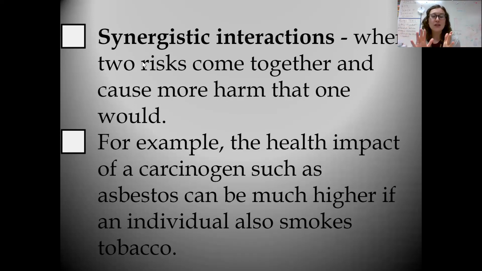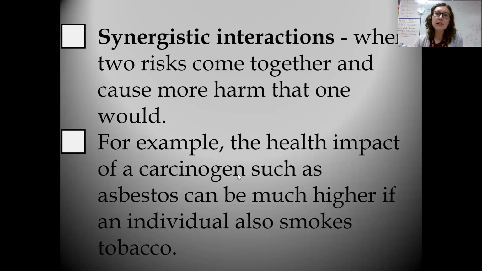Synergistic is very similar, but in terms of risk factors. So if I have two things that are happening at the same time, when one thing causes you harm and two things cause you harm, but having them both at the exact same time causes you even greater harm than one or the two would. So sometimes whenever I think about this, I think about comorbidities. When an individual has two chronic disorders, and sometimes those two chronic disorders just happen, like it's an unfortunate lot of luck, where those two comorbidities actually interact in a way where it's even more detrimental. It's almost like they negatively feed off of each other.